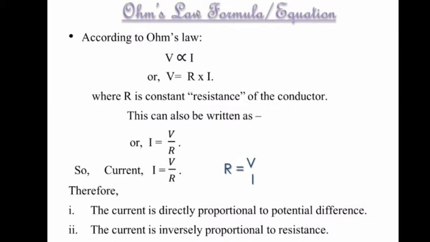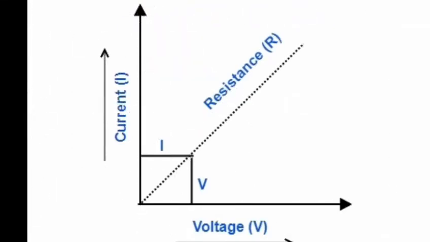So from Ohm's law, it is evident that when the potential difference, or the difference in the potential between the 2 points in a circuit, is larger, higher will be the current flowing through it, and when the potential difference is less, less will be the current flowing through it.